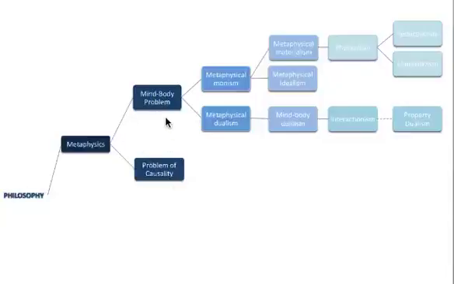And I think I'm fairly good about letting you know when I'm using my own terminology or giving you a definition that I like for some particular reason, whether it's clarity, precision, or maybe even some kind of consistency. So I wanted to call this the problem of causality because that really is the issue between